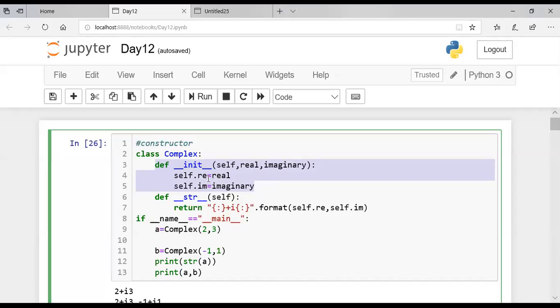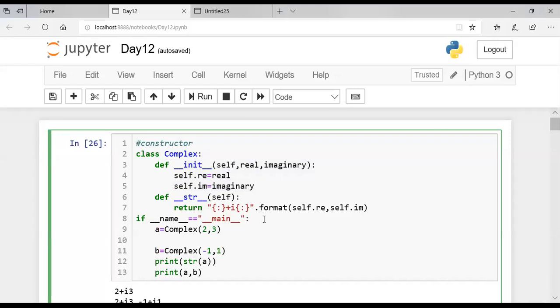I'm taking self.re as a variable to store the real part, and self.im for the imaginary part. Now self.re and self.im will be the variables of the class, which are known to all the methods if you pass self in the definition. Done. So this is a constructor function which will run automatically when you create the object.